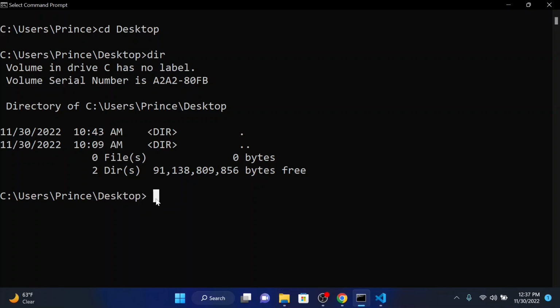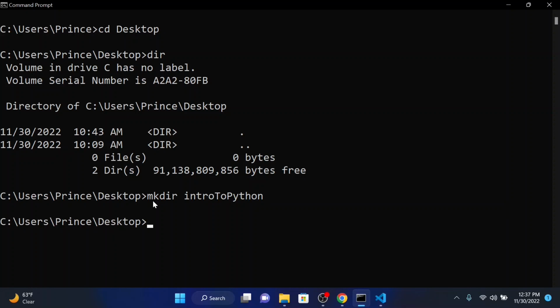Okay, so once I'm on my desktop, I'm going to simply say mkdir. So mkdir just says make directory. So mk for make, and then dir for directory. This command is going to work for all systems, right? For Linux, for MacBooks, and for Windows. Okay, so we're going to make a directory. We're going to call this directory, let's just say, intro to Python. So intro to Python, and just press enter.